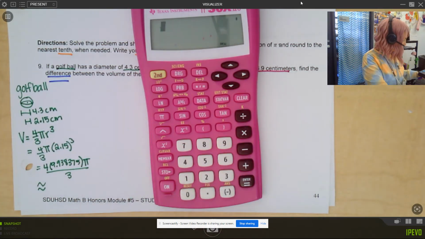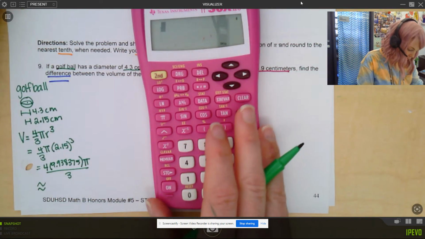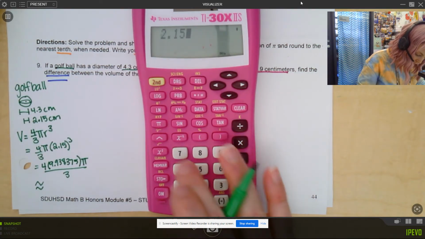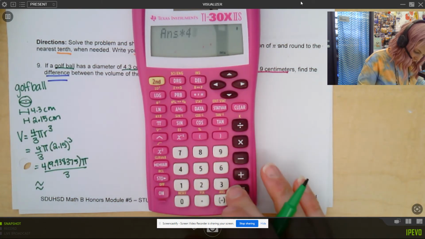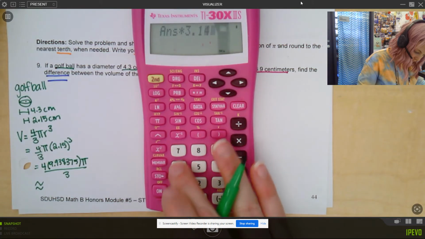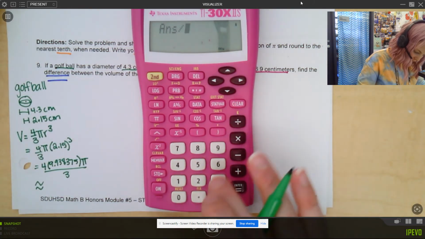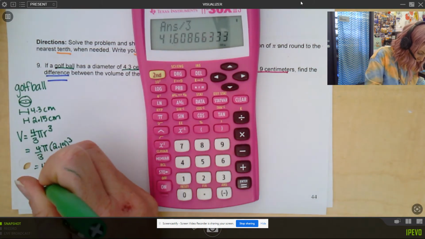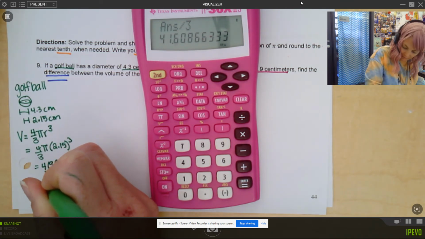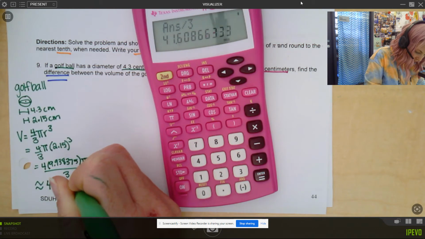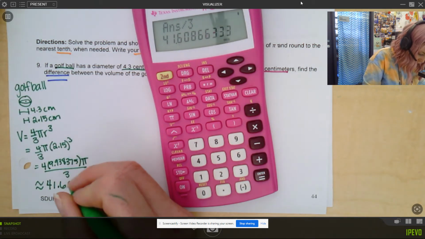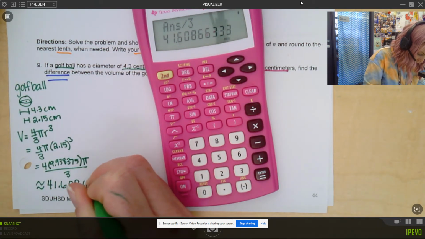Let's see. 2.15 to the third power times 4 times 3.14 divided by 3. Okay, approximately 41.6633